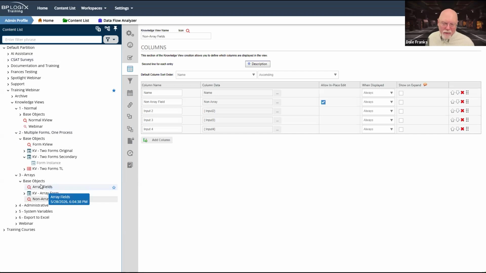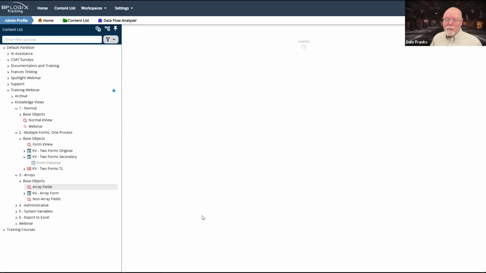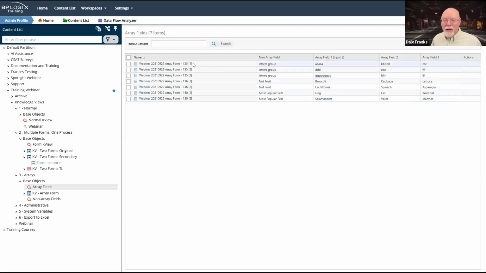As we talked about earlier, in general, if you are going to be doing in-place edit, except in limited circumstances, you probably don't want to allow your end users to do that. But as an administrator, in-place edit is super useful. And if you're an administrator, pulling up a form instance that uses array fields and seeing that this form instance has 3 rows and these 2 form instances have 2 rows, that should not frighten or confuse you. You should just know that that's how arrays work.